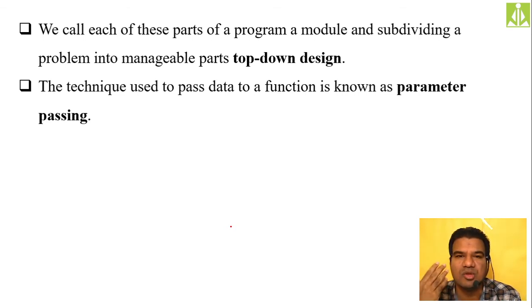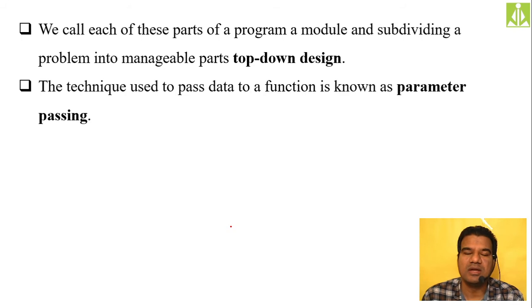Is there any sort of communication we are going to have between these smaller modules and the complex problem? Yes, we do it with the help of parameter passing. So all these terminologies you have to remember. The way of communication between the complex problem and the smaller submodules is using parameter passing. They will simply pass some parameters. Parameters are nothing but your variables only, data elements, data containers. So by passing these data containers, these smaller modules will communicate with the complex module.